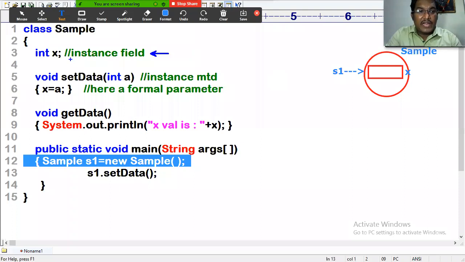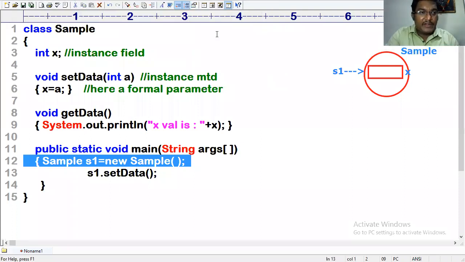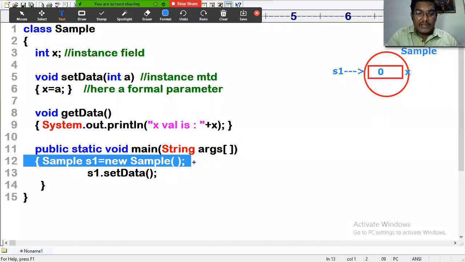Thus the default value for the instance field will be 0. This is what exactly happens when line number 12 is executed, my dear friend.